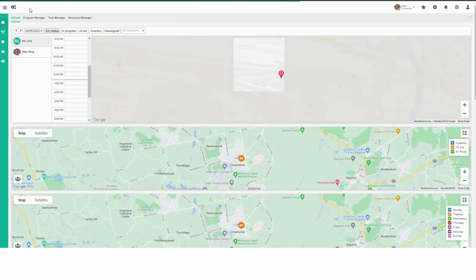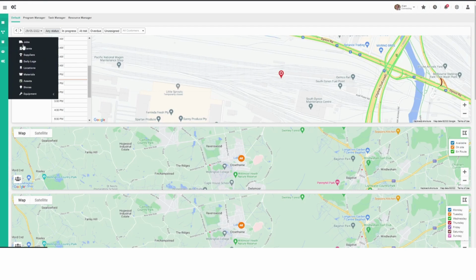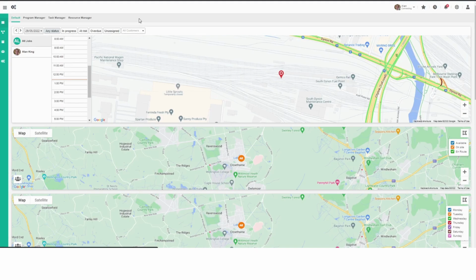To dispatch a job, we'll need to add something to it, either a client, an asset, a site, a store, etc. The easiest one to do is to add in a client. So from the left menu here, go into the archive box and then choose clients and add in a couple of basic details just to create some sample data. Once you've added a client in, come back down to that archive box and choose jobs at the top.